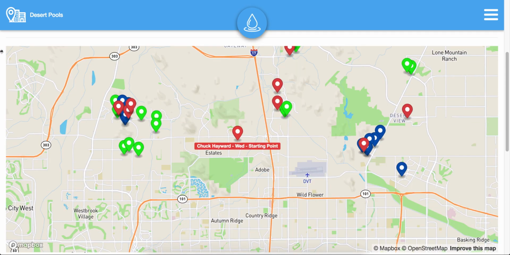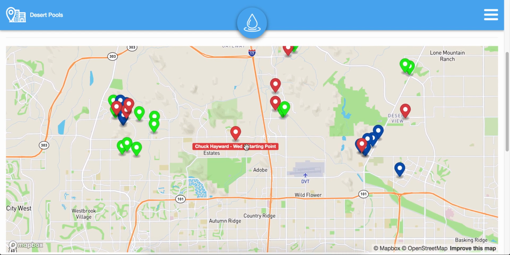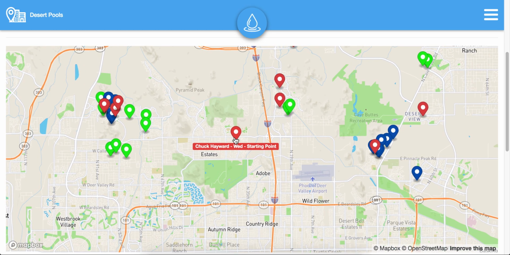The intended purpose of this is to have the starting point be the technician's either home address or a specific address in your service location that you want them to start from. And this will give AquaSuite the information that it needs to find the closest pools from that starting point, and it will branch out. As I've said before, if we were optimizing Chuck Hayward's account here, what AquaSuite will do